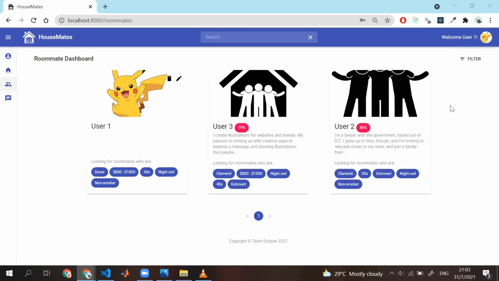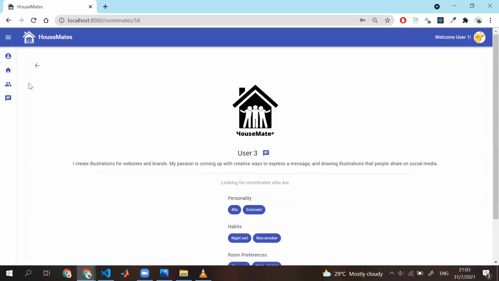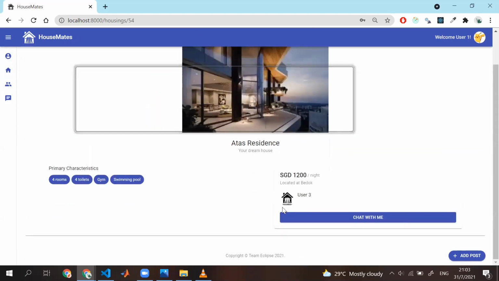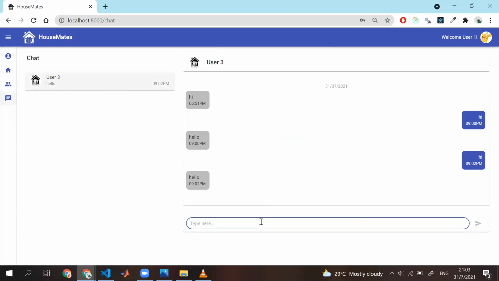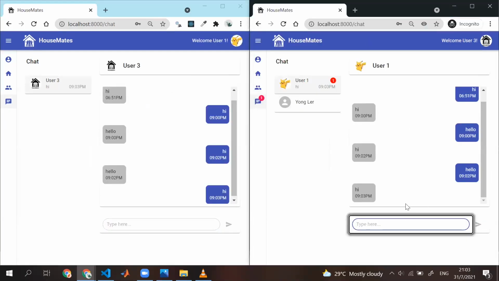Okay, so now you must be thinking, how then should I contact the other person? That's very easy. If you are in the roommate dashboard, just head over to any of the posts and you can find this chat icon over here. Similarly, if you are in the housing dashboard, click on the post and there's this chat button over here. So if I click on it, I can use it like any other chat application out there. Okay, it works. And if I were to send myself another message,